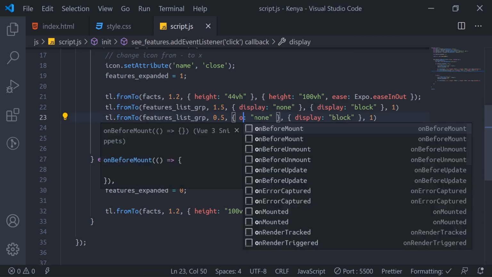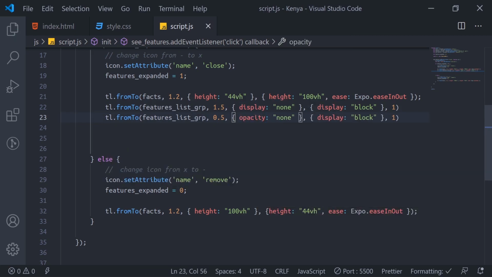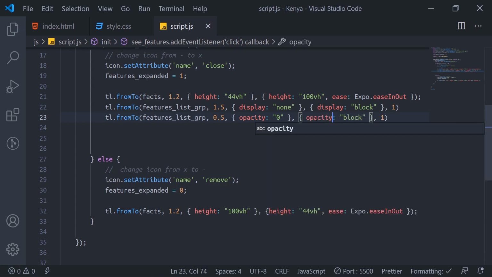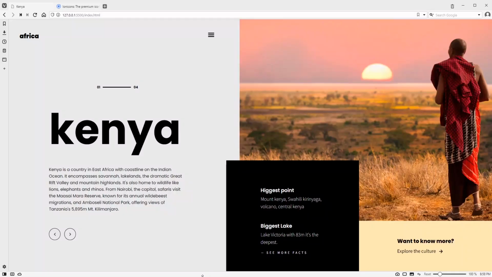Then we add opacity, and down here we change the animation: opacity set to 1, so it will just appear at once after the thing slides up and reaches the end. After this one slides up, this one fades in. Put this semicolon here to close and test again.